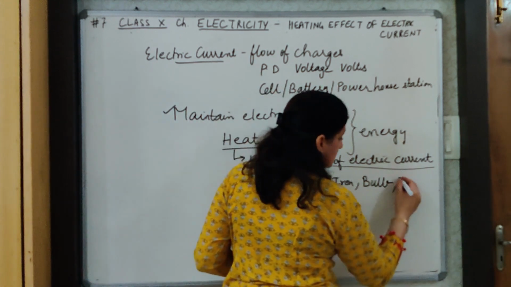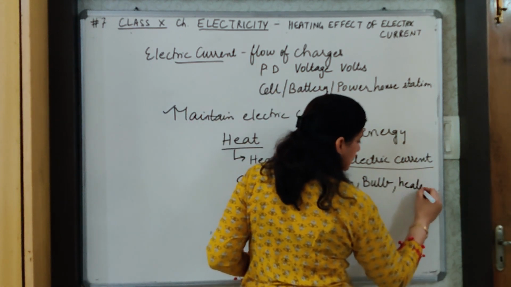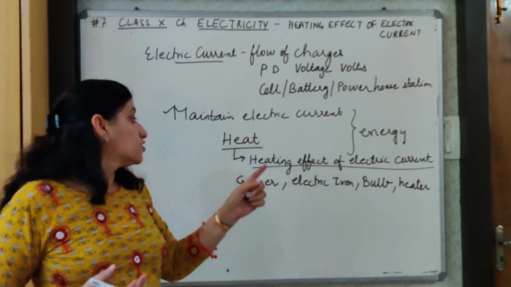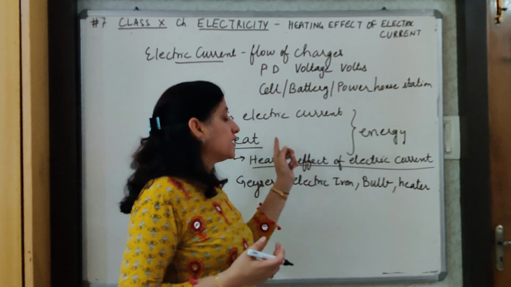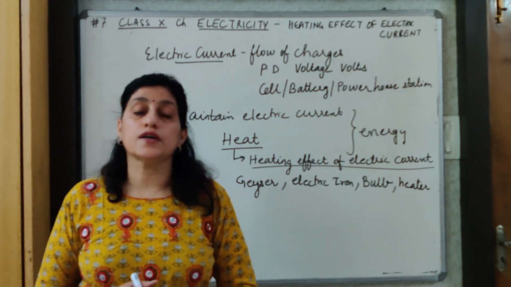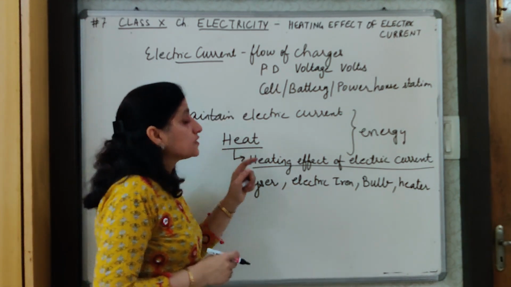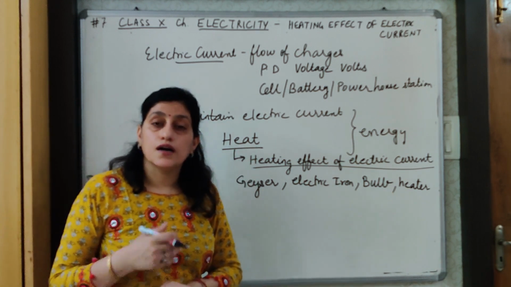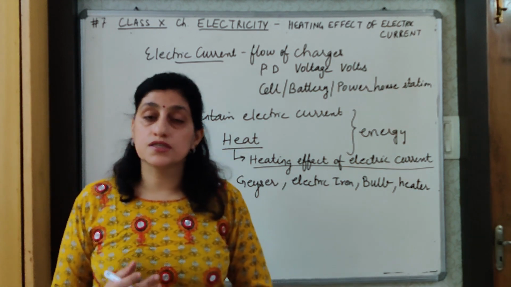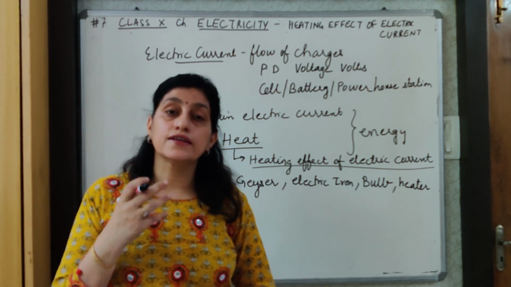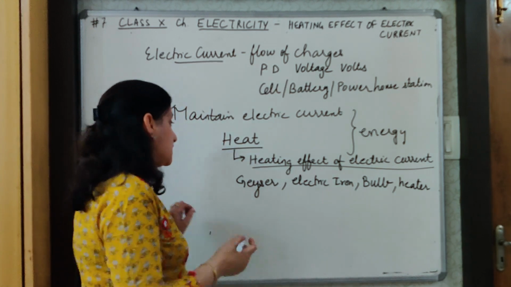Electric heaters, room heaters which we use during the winter season. There we are using it for the heat. So therefore this production of heat has been put to use in a number of appliances. Now this heat, how is it produced? This is produced because we use a high resistance wire in such cases.